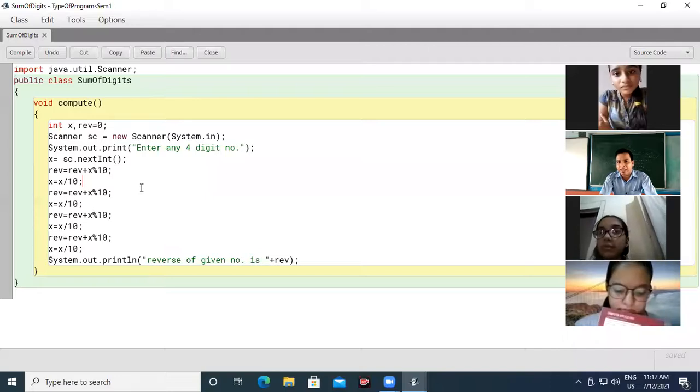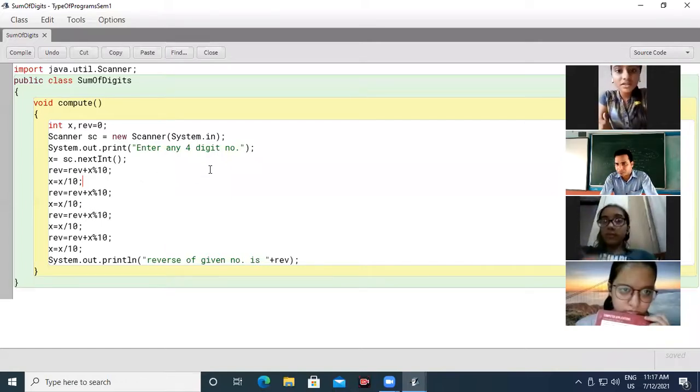But here we require an integer type of value, so we convert that into integer.